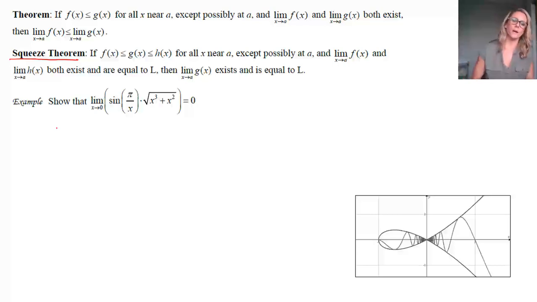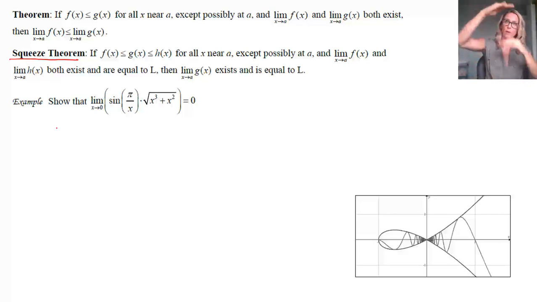All right, so we have a theorem up at the top. It basically just says if you have two functions and for one of them, the y value is always less than the y value for the other, and you have limits that exist, then the limit of the one that has the smaller y values is going to be less than or equal to the limit of the one that has the larger y values. So if you have a function that's always up here and you have another function that's always down here, then the limit as you're approaching up here is always going to be greater than the limit as you're approaching down here.